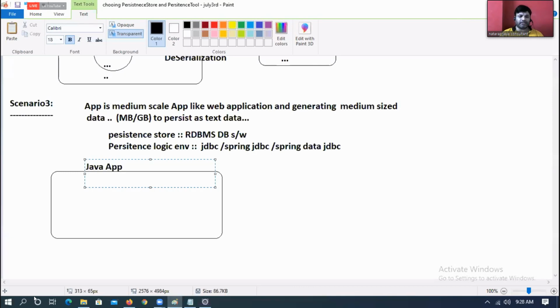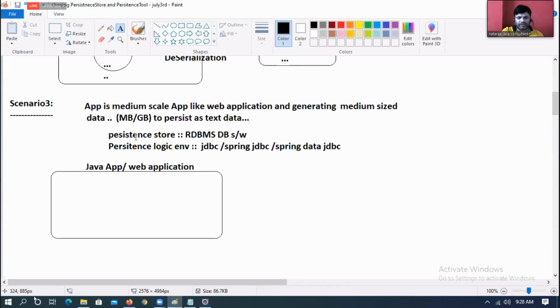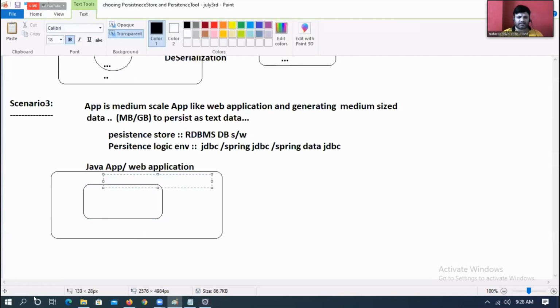Here we have a Java application or web application, and the data is text data.